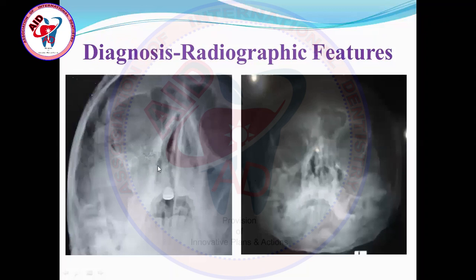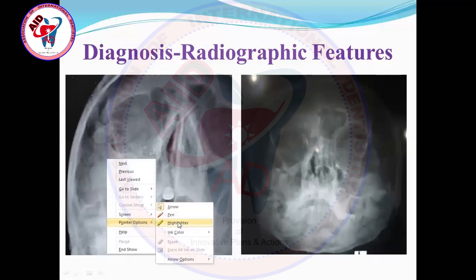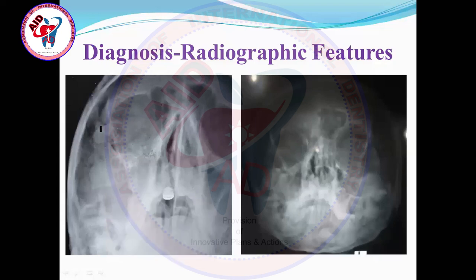In these radiographs there are multiple fractures. First, we will discuss the radiograph on the left. There is displacement of the frontal process of the zygomatic bone, and there is separation at the frontozygomatic suture. Look here, and also at the infraorbital